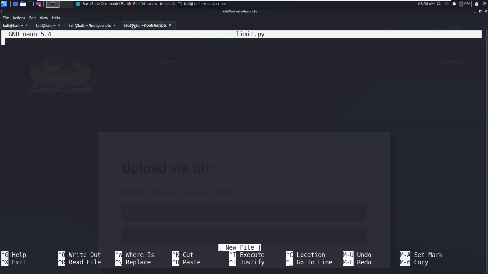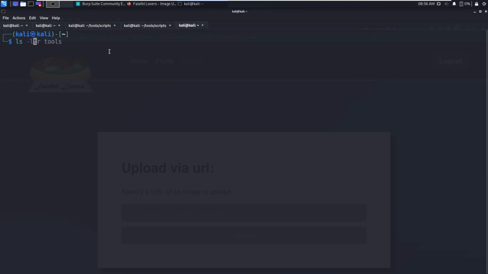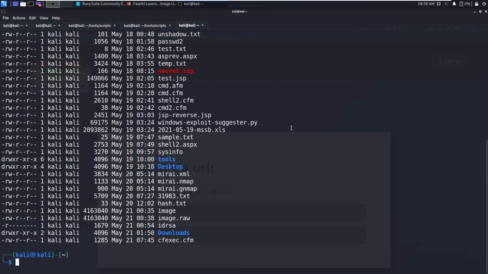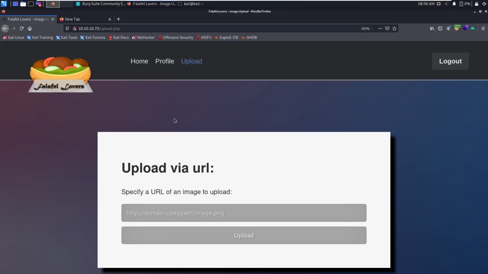So it's limit.py, import requests. Okay, meanwhile let's capture the request in the Burp Suite to understand which parameters it's being sent.